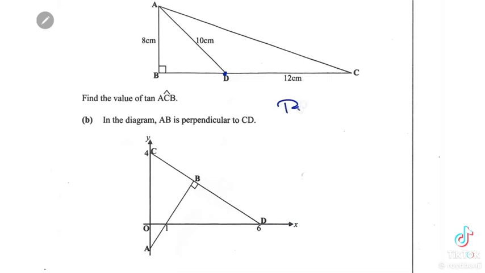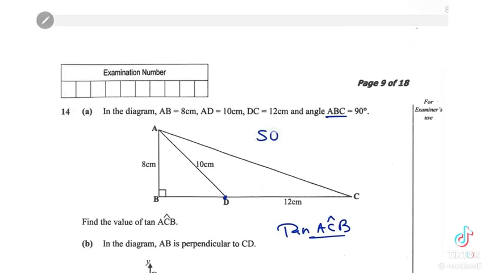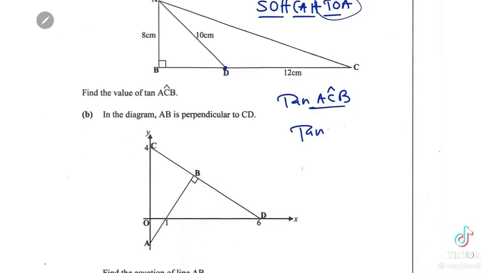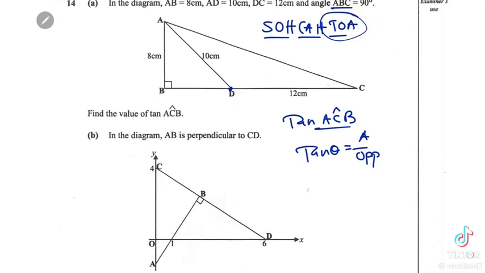So tan ACB. Now let me take you back a bit to what we call SOHCAHTOA. Okay, when you are dealing with this part. So what about SOHCAHTOA? The first part is sine, cosine, tan. Now, since we are dealing with tan, what does it mean? So tan theta is equal to opposite over adjacent. Adjacent, A for adjacent. Now, since we are told this angle,